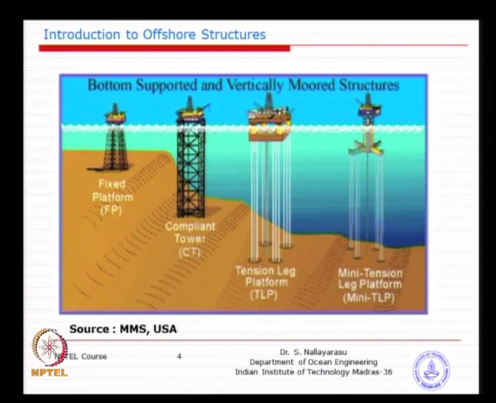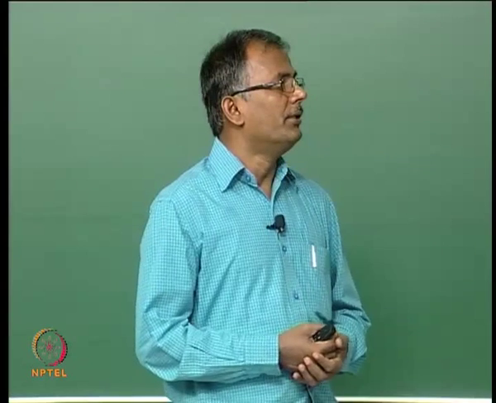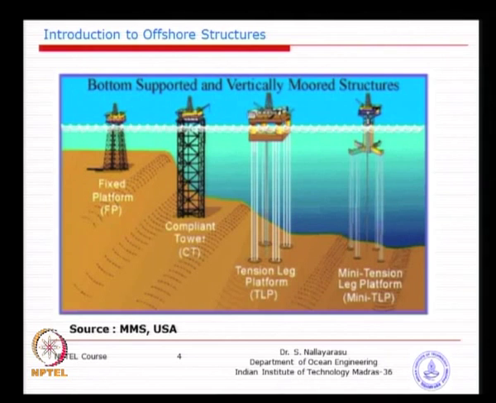One of the ideas here is mooring lines going vertical. We do not normally call them mooring lines, we call them tethers. The basic idea is they do not spread, they go vertically down, and all the time these lines will be under tension because you have excess buoyancy. So, when you tie them to the ground, they are always under high tension. That is called a tension leg platform.